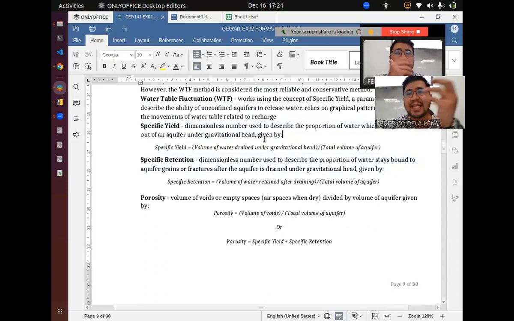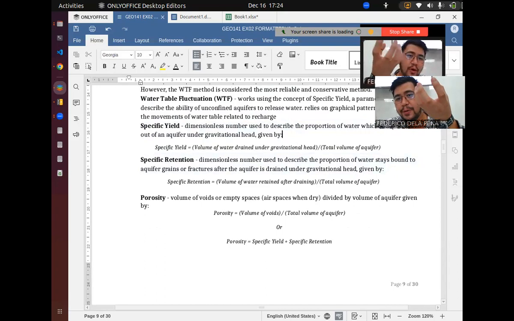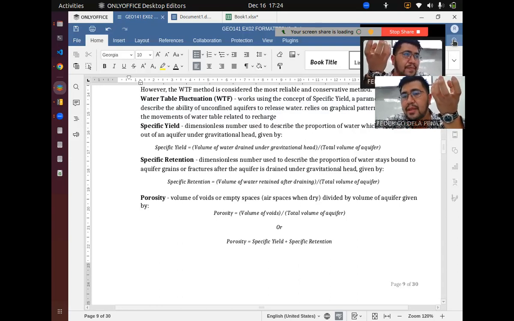Basically, if you're gonna theoretically take a piece of soil containing water, so let's say this is a piece of your aquifer, and you just allow that piece of soil to drain out its own water by the influence of gravity. So of course, some water will drain out of this piece of soil,